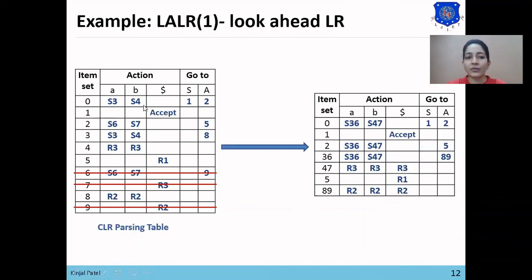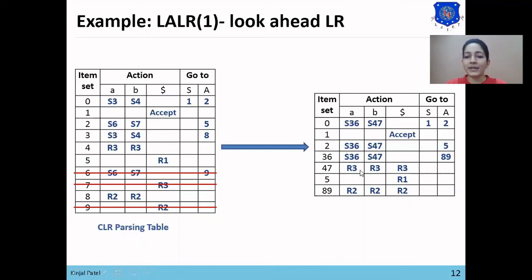Same for S4 and S7, as there are no states named S4 and S7. We have merged S47, so we'll replace the entry of S4 with S47 and S7 with S47. And the same for 89, as we have merged the set 89, so we'll replace the entry 8 with 89.